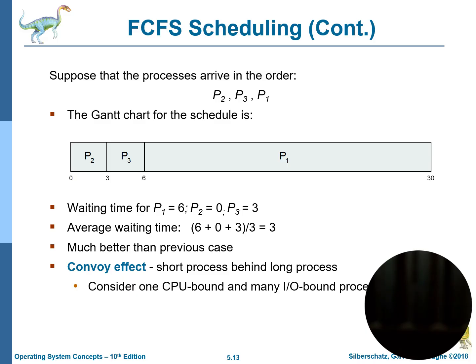So this is what we call the convoy effect. Short processes behind long processes will wait for long, yet they are very short processes. So it actually means we may need an algorithm which checks the burst times of processes so that the short processes execute first, and therefore we limit the total amount of waiting time for all the processes, or the average waiting time. Right?